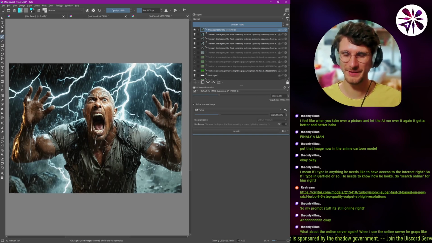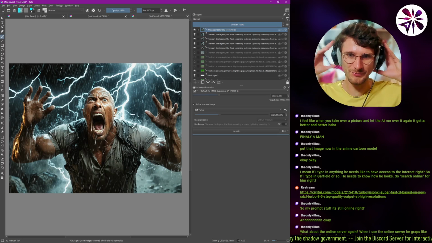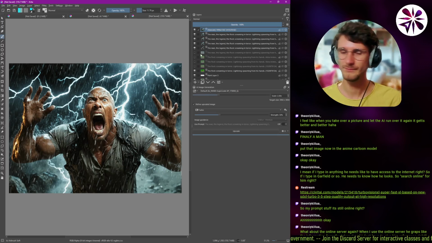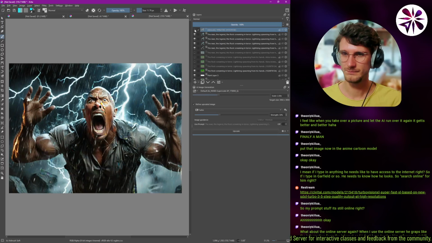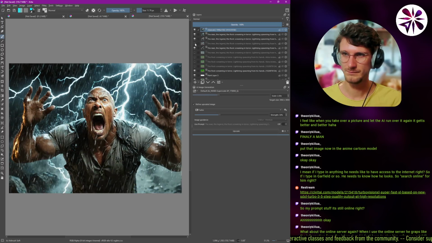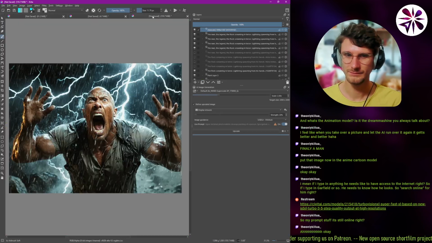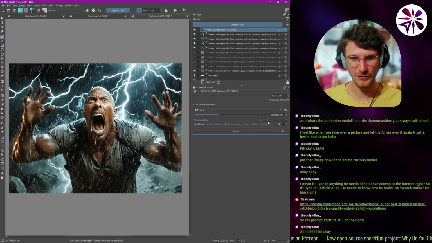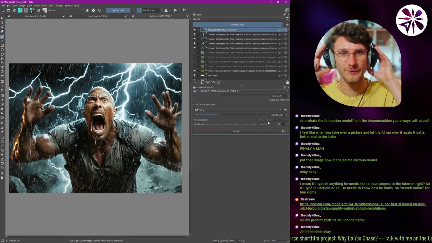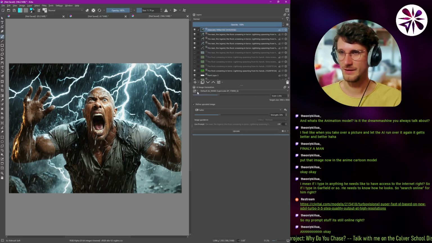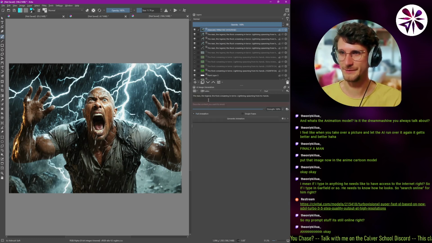Alright guys, is there something else you would like to try out to learn about this process? And what's the animation model? Is it the Dream Machine you always talk about? No, this inside of Krita doesn't really have an animation feature. This animation you see here, it's